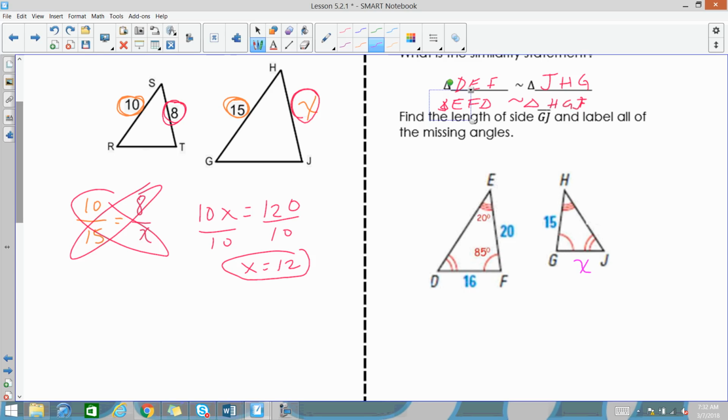Sometimes, for me, it really helps me out to set up my ratio starting with my variable, because clearly we're trying to find that. We want to find that side length, all right? So here we go. What I want to do is I'm going to find the value of X, all right? So X corresponds with what side here? Now, you can go back to the similarity statement, but what I like to do is, since I have angles in this problem, all right, what I'm going to want to do,